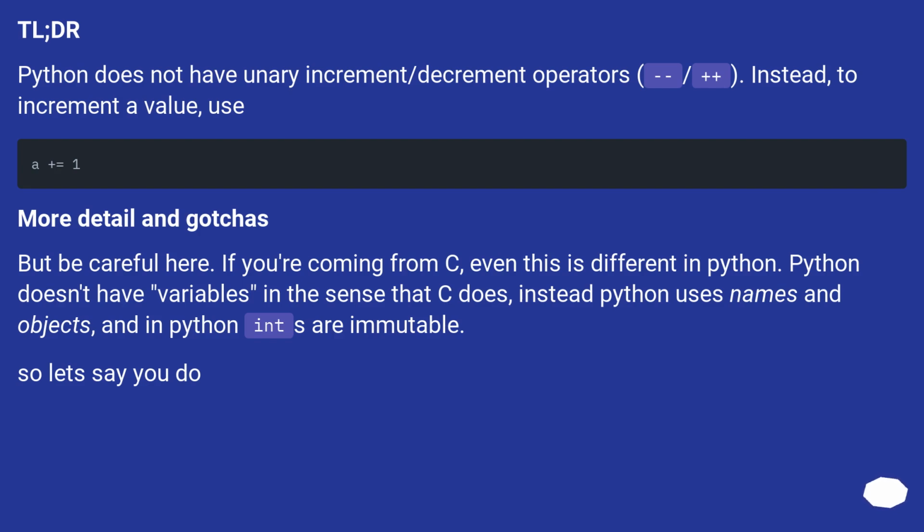TL;DR: Python does not have unary increment / decrement operators, -- / ++. Instead, to increment a value, use a += 1. But be careful here. If you're coming from C, even this is different in Python. Python doesn't have variables in the sense that C does, instead Python uses names and objects, and in Python ints are immutable. So let's say you do: